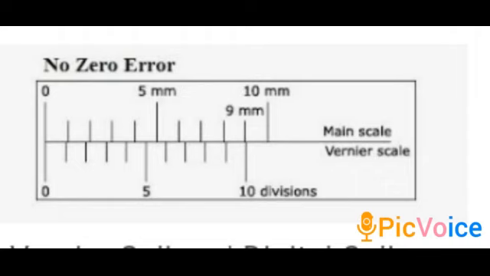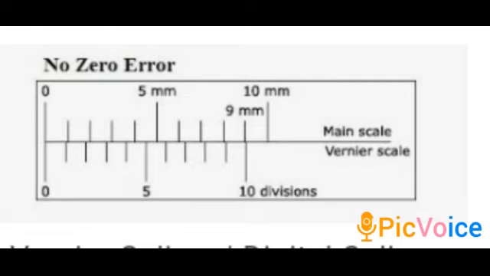Now we will study the errors. What can be the different errors in measuring by the vernier caliper? First case we will take when there is no error. How do we come to know that there is no error? See over here in the figure, what is displayed on the top is your main scale readings, and down the main line what you have is your vernier scale.